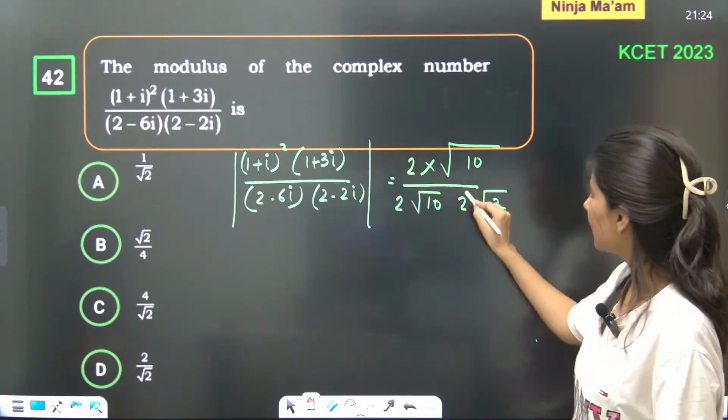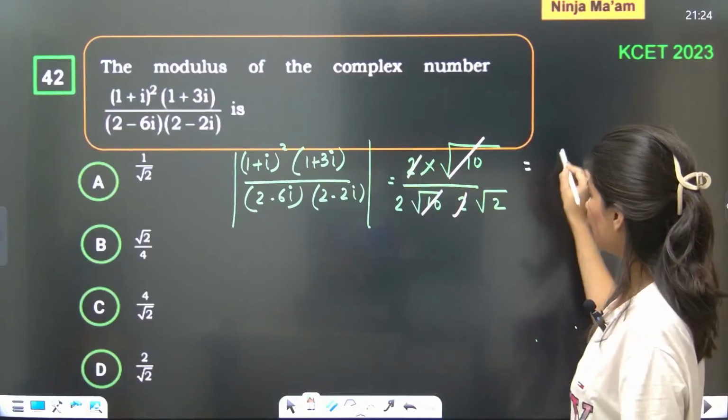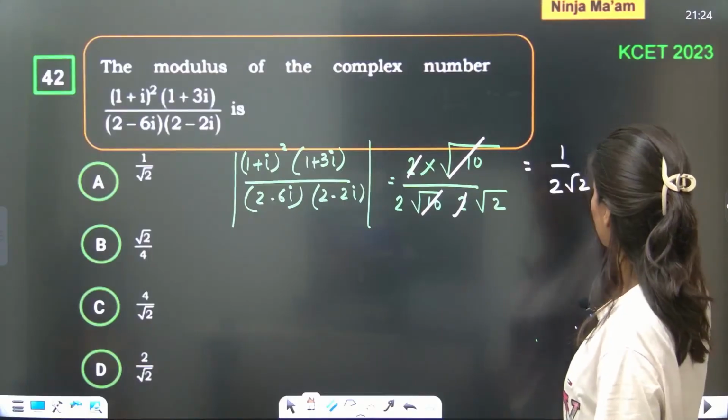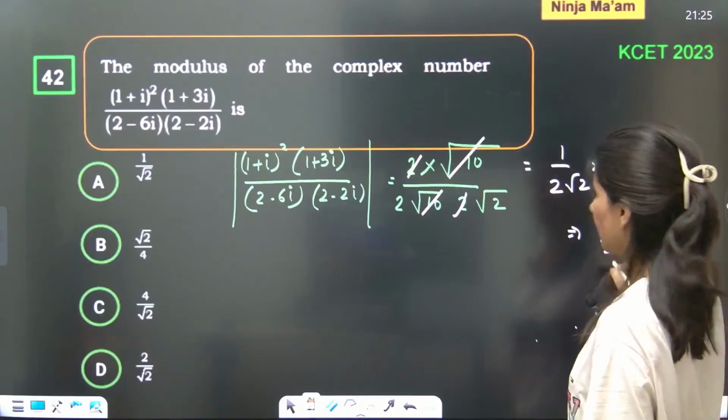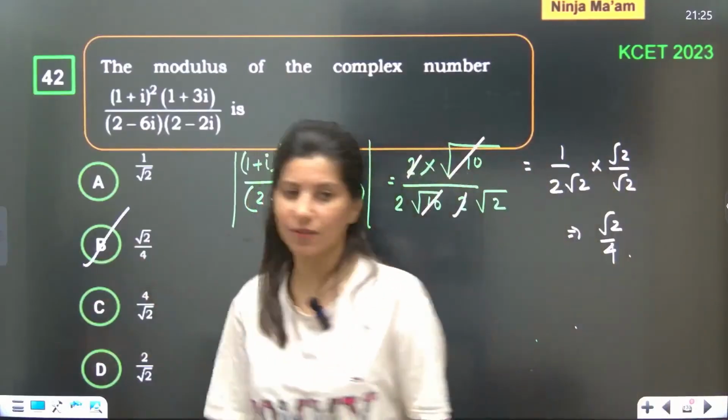Now start cancelling. 2 cancel, root 10 cancel. 1 upon 2 root 2. If you rationalize it, you'll get root 2 by 4, which is the absolutely correct answer, matching with option